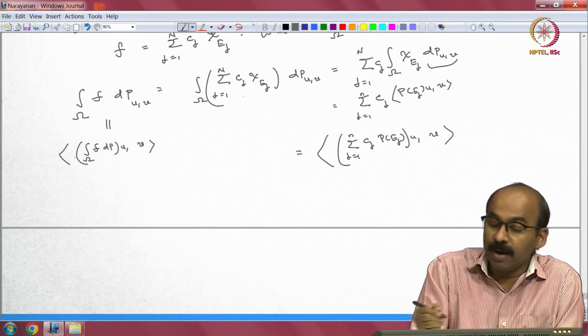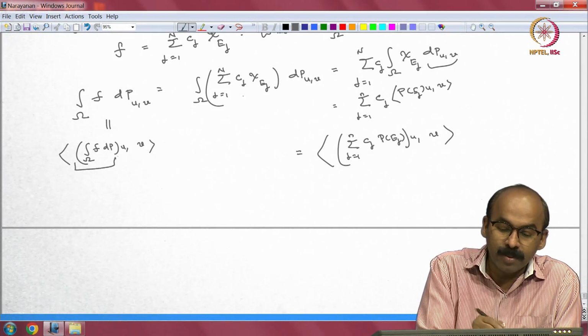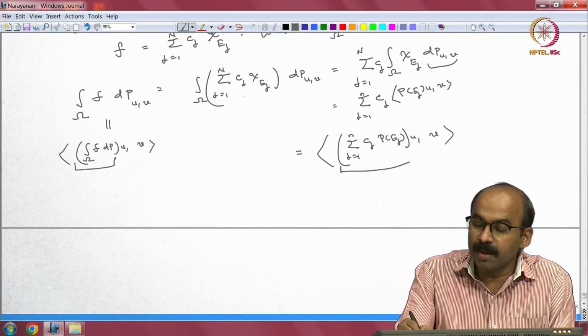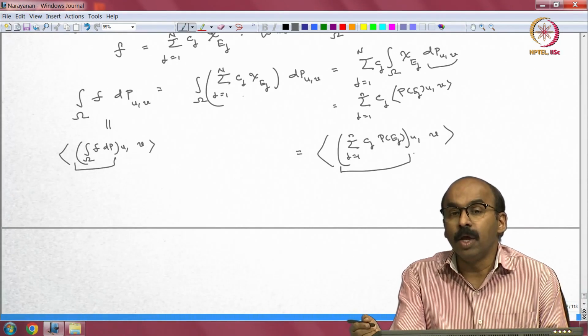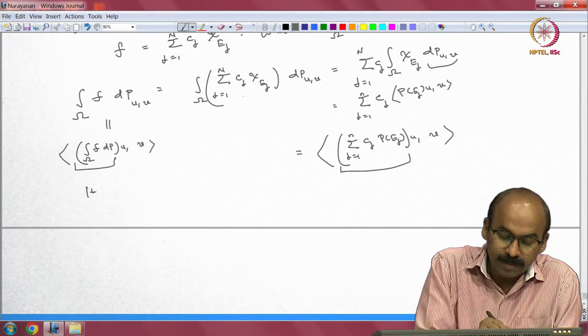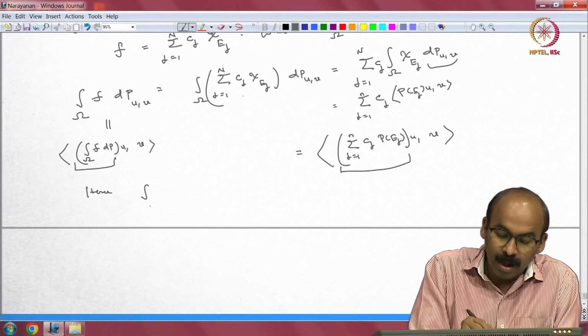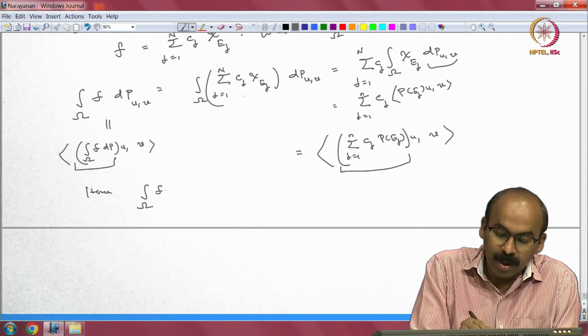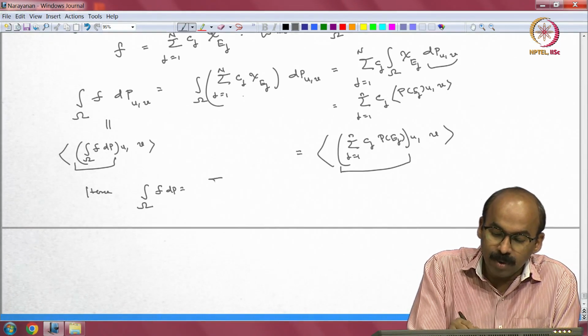That is how it is defined. So, these two operators should be the same, which is what we were expecting, right. If f is a simple function, you want the integral of f dP to be exactly this, right. So, hence